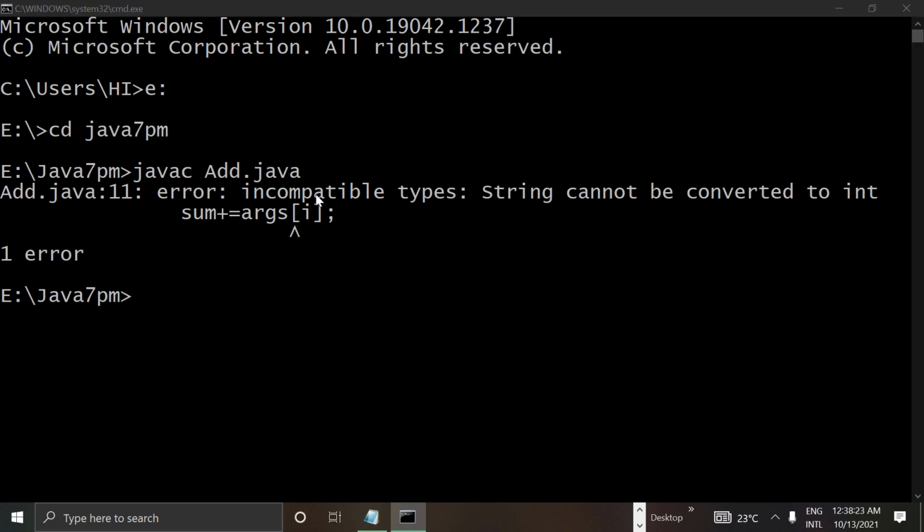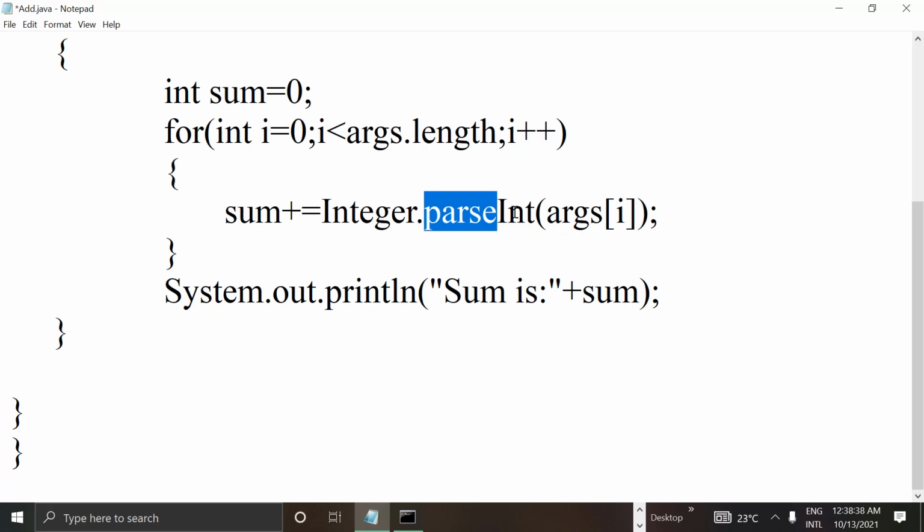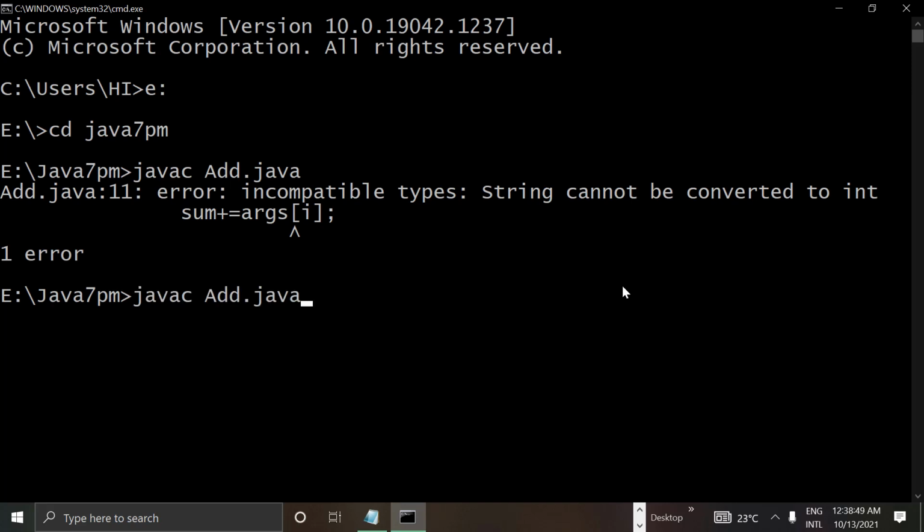Let's go back to our notepad. parseInt is a method, so you start with a small first letter, and thereafter every word's first letter is capitalized. Now save it, go to File, Save, and compile it again. Up arrow gives you javac add.java. Press enter. See, you don't have any error.